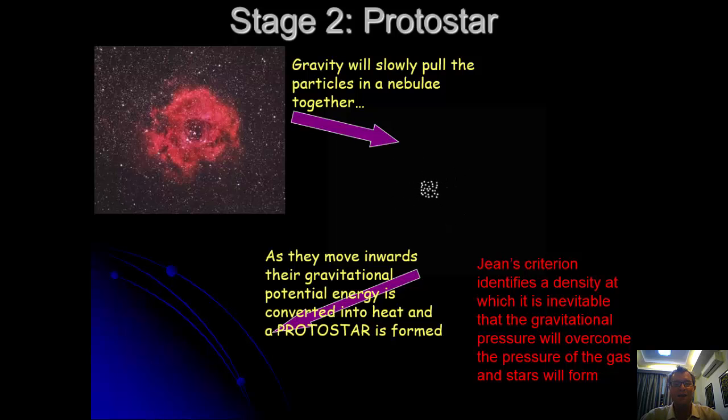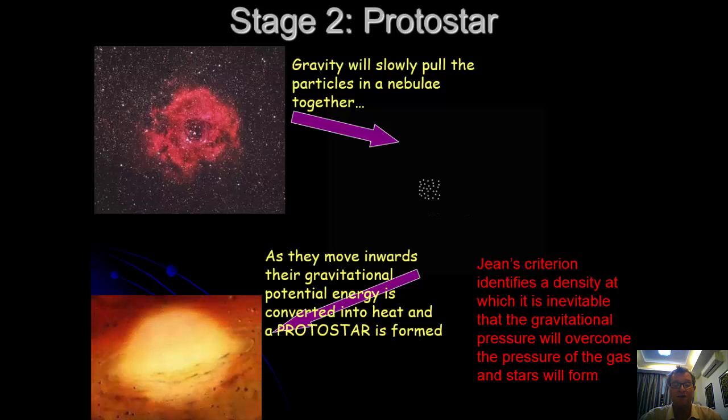Now, as they move inwards, the gravitational potential energy is converted to heat, and what is known as a protostar is formed. This is a hot ball of mass, but the heat only comes from gravitational potential energy being transformed due to the rubbing of all the particles together. It is only really, really, really massive stars which get hot enough in that stage, and they get hot enough to actually ionize hydrogen,